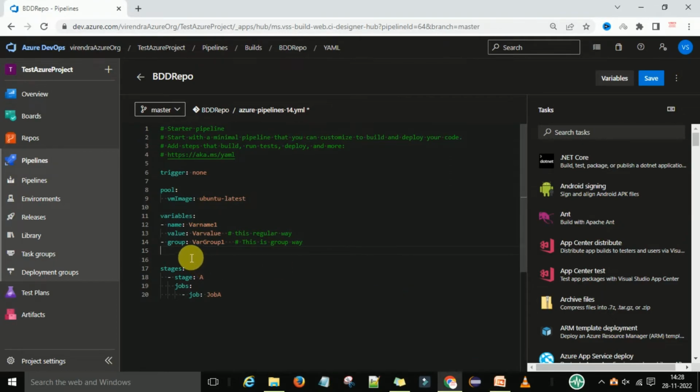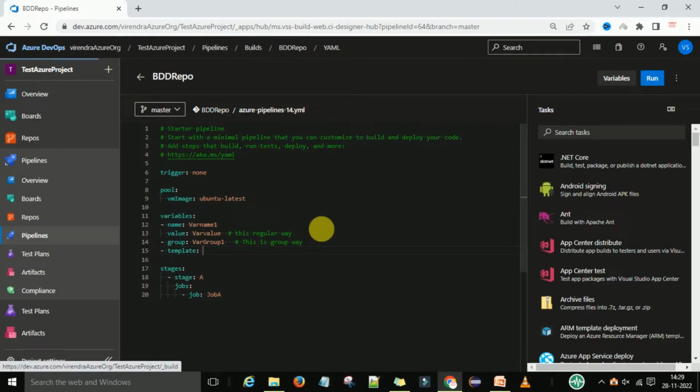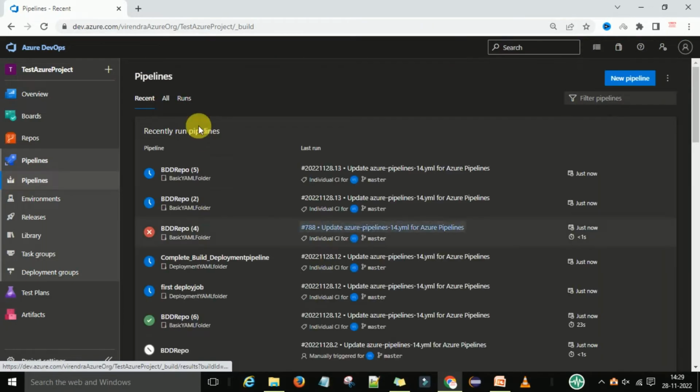So for that what we need to do, we have our pipeline. Okay, we define the first way, second way, now we need to define the third way. So what we can do, we can slash hyphen slash then the template. So template is a keyword, so I'm going to select it, then you need to provide the template reference. So for that what you have to do, now you just save first thing. Okay, now I'm going to the pipeline section,